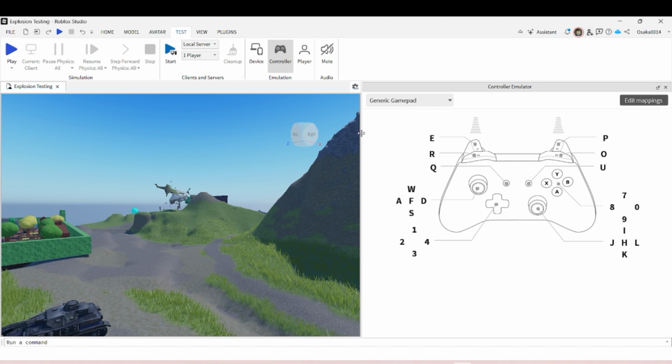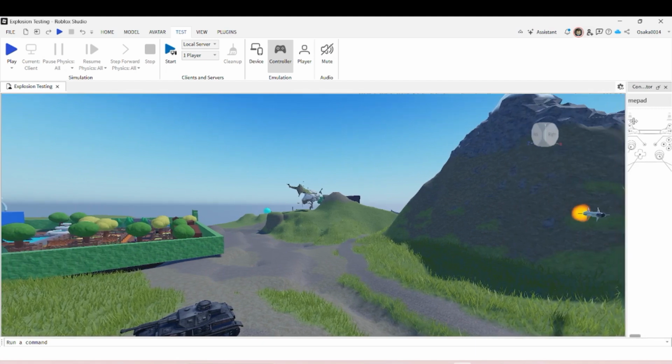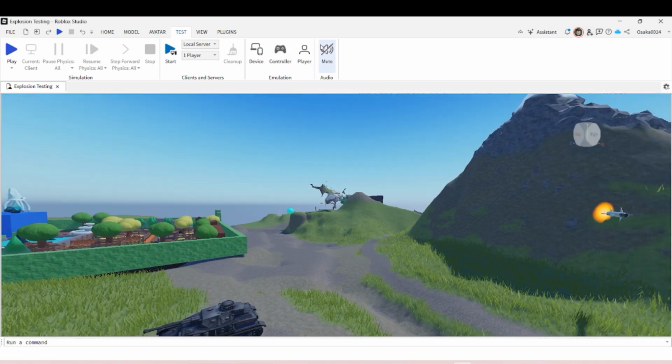That's how. You can also edit it, if you want the gamepad to be easier, or if you want to have a custom design of keys when using a controller.